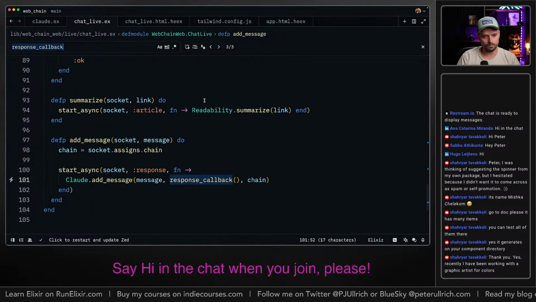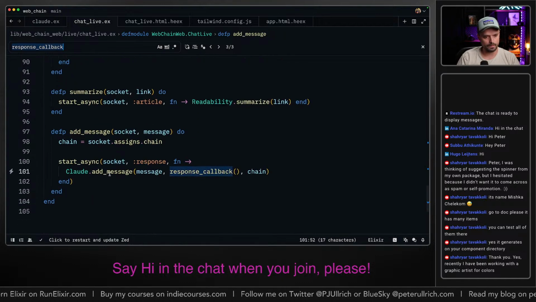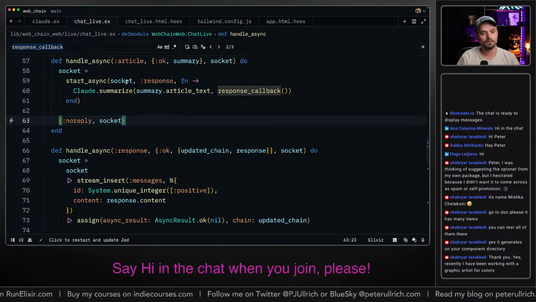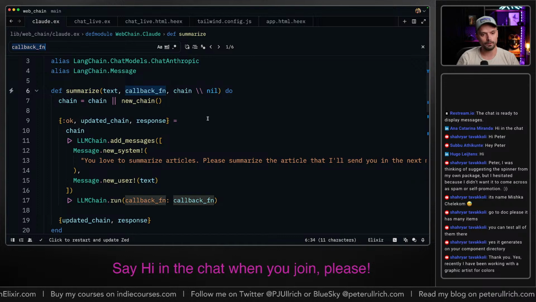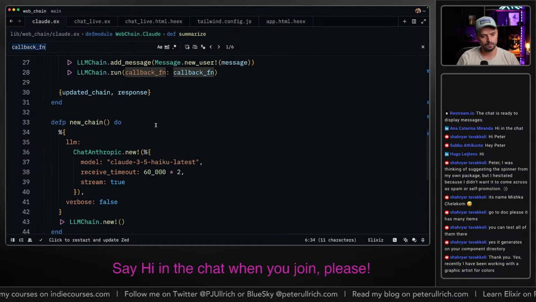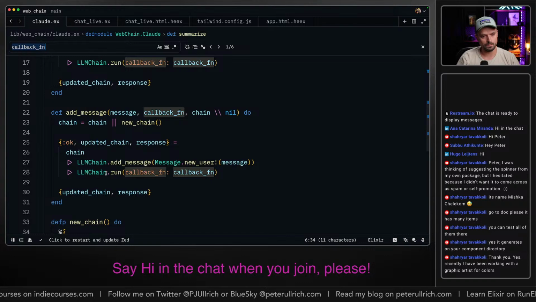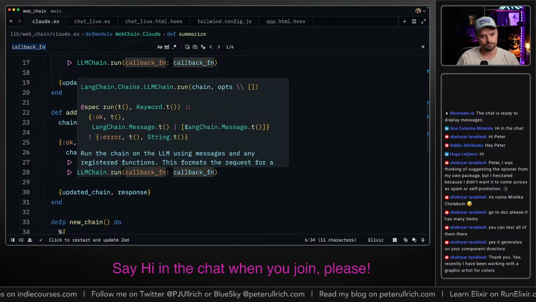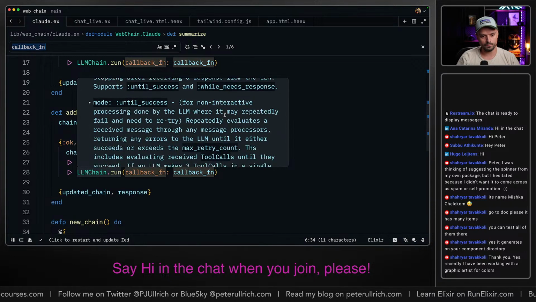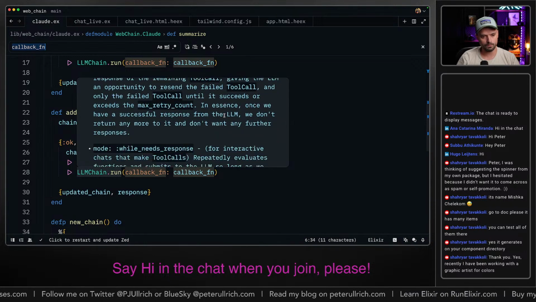And we use it when we start our add message and when we have the summarize. So in here we have our callback function and we add it to our chain. But it's not streamed. Run chain. Options. Was it maybe not on run?